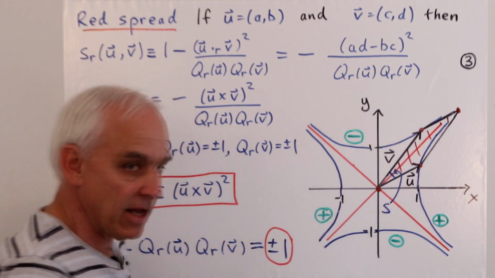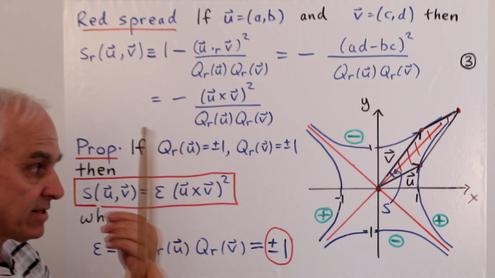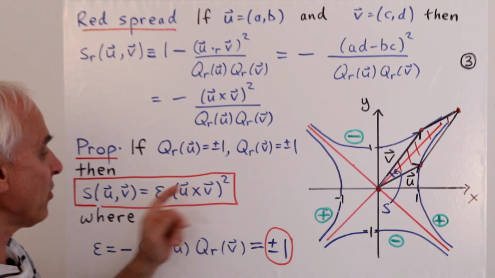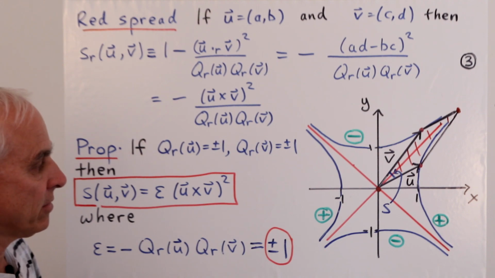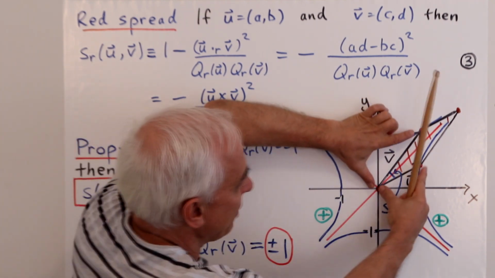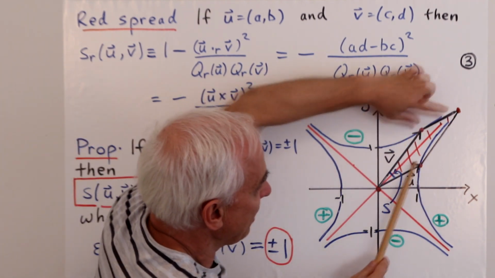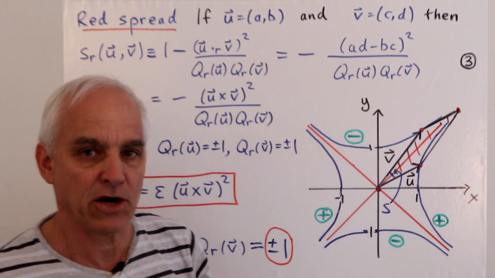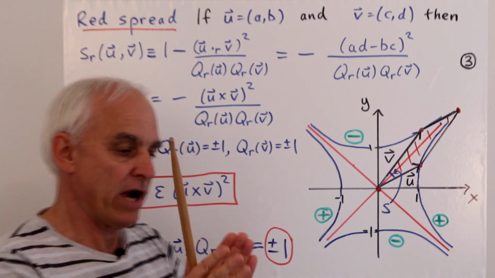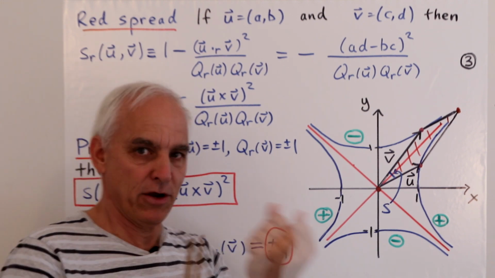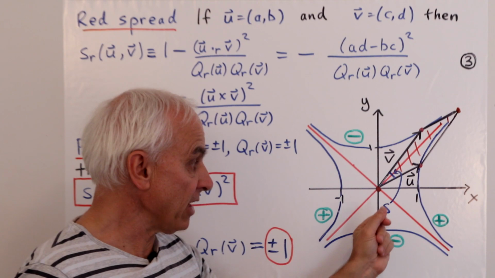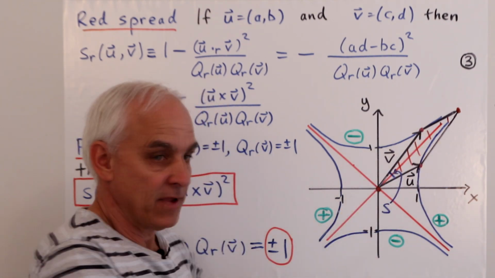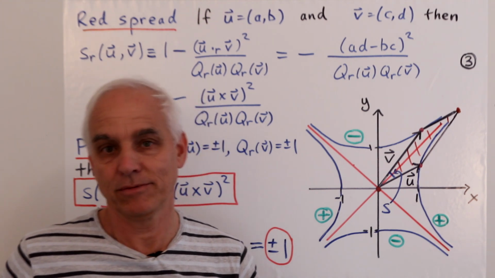by u and v, that spread S, in the red setting, is equal to just plus the cross product of u and v squared. In other words, we take the familiar parallelogram formed by u and v, there it is, and we look at its area, and we square its area. And that squared area, it's just the usual familiar area, is the spread between these two lines in this red geometry.